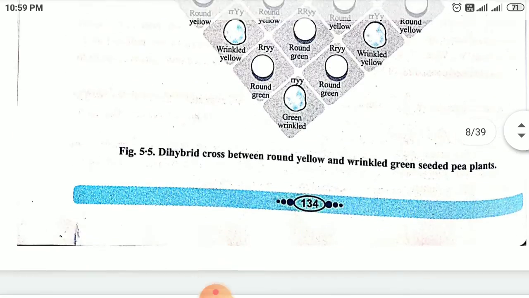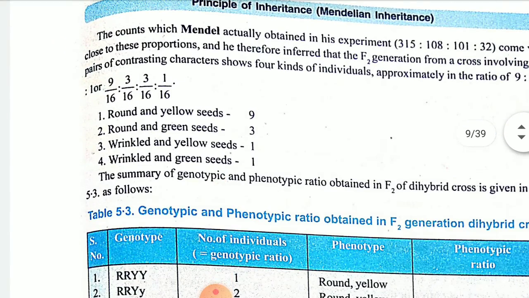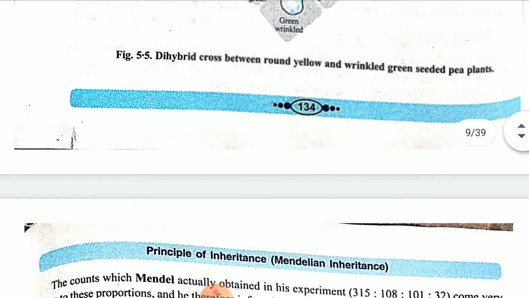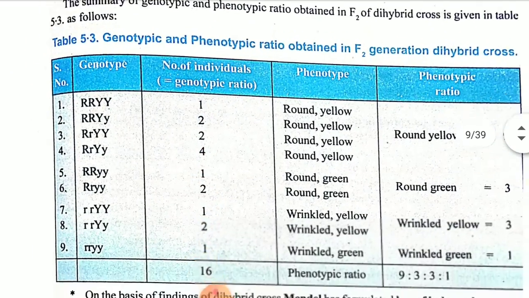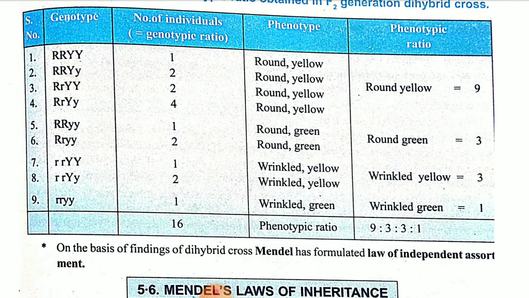Okay children. So the ratio you can see is 9:3:3:1. That will be the phenotypic ratio, that is, morphologically it will be visible. And as you can see in the tabular form, when we go for the genotypic ratio, as in the monohybrid cross we had studied, with a single contrasting character, capital T, small t is also representing tall, and capital T capital T is also representing tall. Here also the same thing, capital R, capital Y, capital Y.